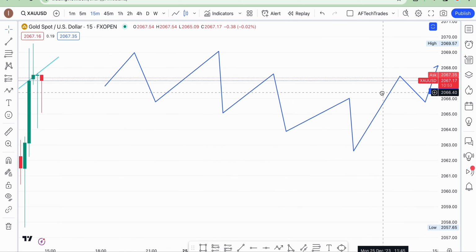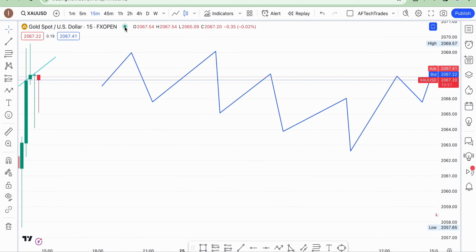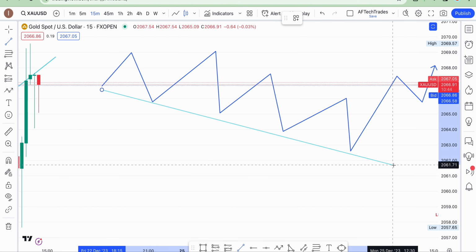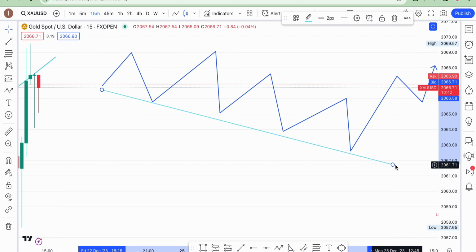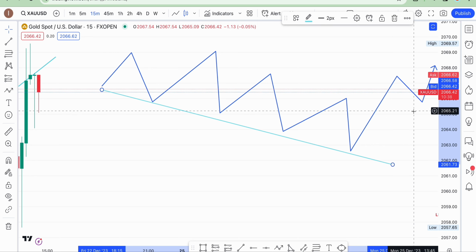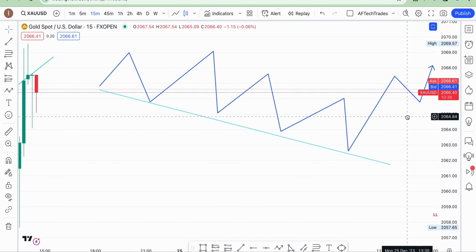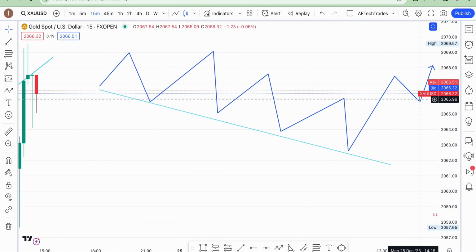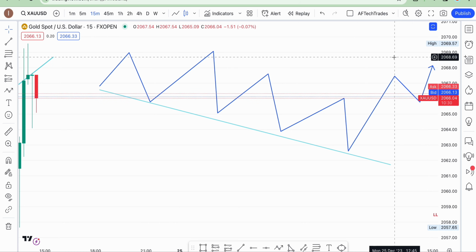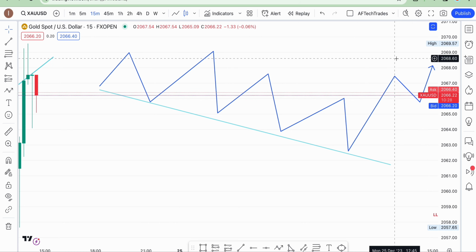So you can see it was in a downtrend before, like this, right? It was in a downtrend like this. So instead of it continuing to form a lower low, this time around it didn't form a lower low, but rather it breaks and continues up. That is when we now say that there's a change of character in the market.